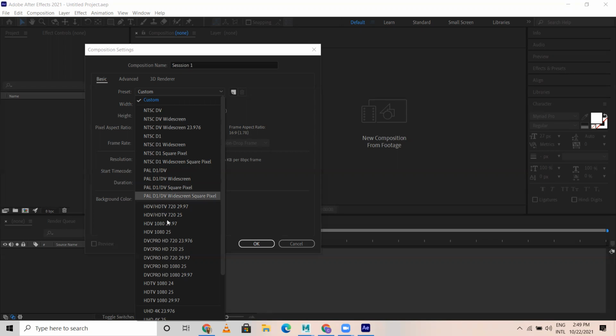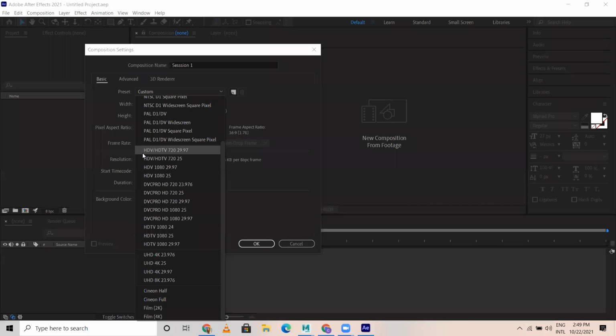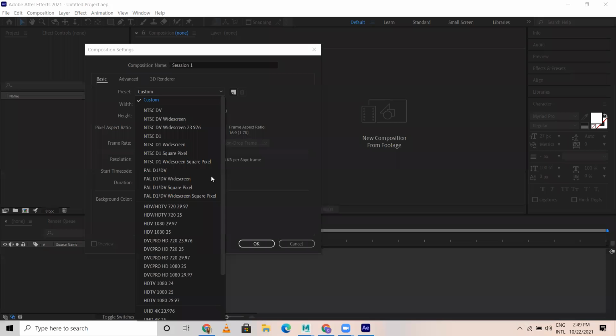HD stands for high definition, V for video, PAL stands for phase alternating line. Ultra high definition. Film 2K, film 4K. In the theater, what movies you see, those things are 4K resolution. It's 4096 by 4096.